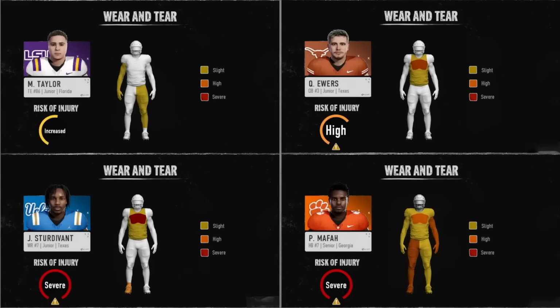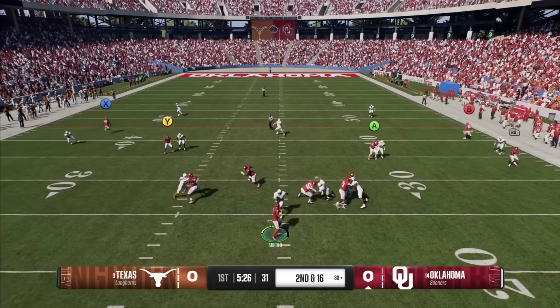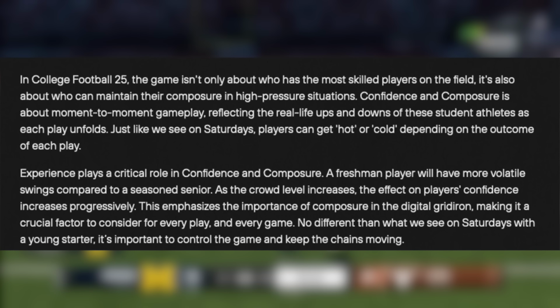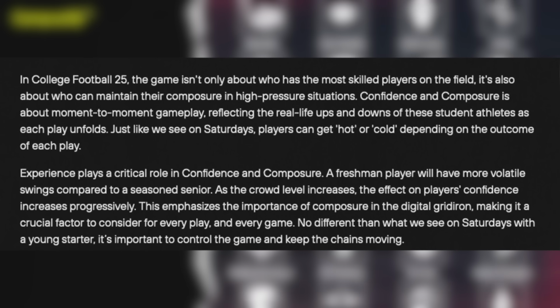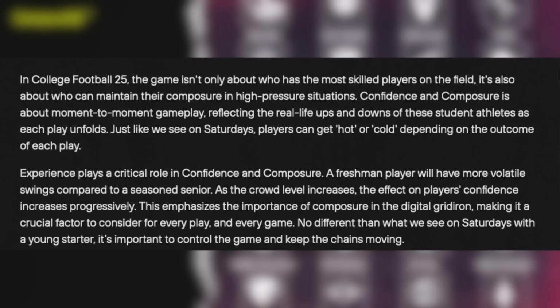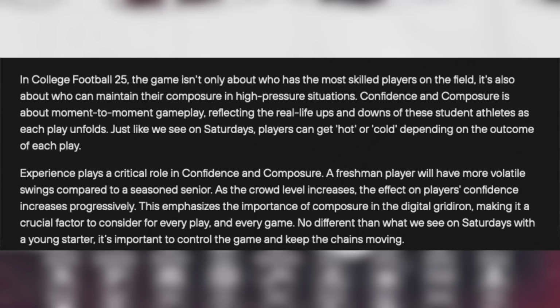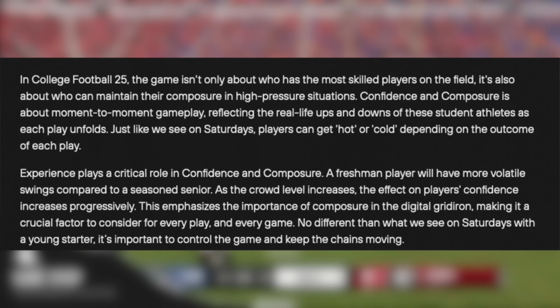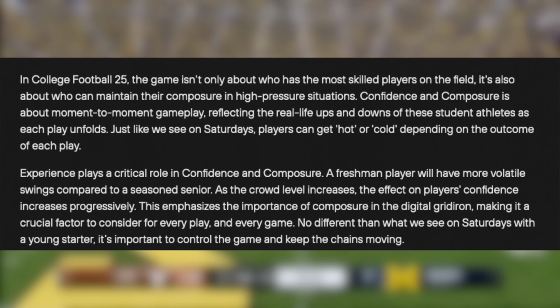Okay, we're finally on to number 4. That was a lot. Composure. Now, we just saw the abilities for Composure from Travis Hunter, but let's just read a little bit from the article. In College Football 25, the game isn't only about who has the most skilled players on the field. It's also about who can maintain their composure in high-pressure situations. Confidence in Composure is about moment-to-moment gameplay, reflecting the real-life ups and downs of these student athletes as each